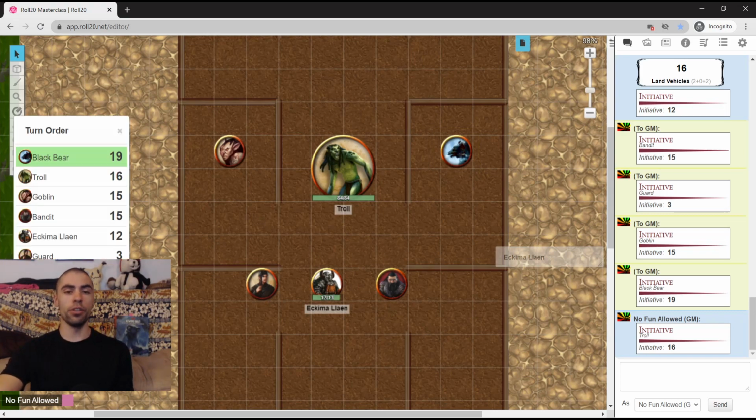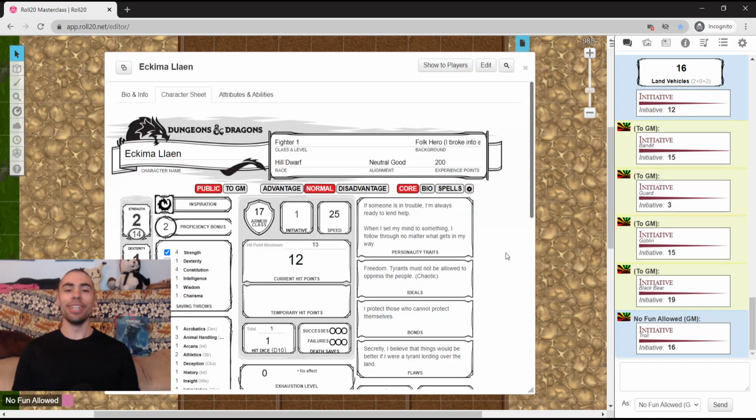To move the turns around, instead of having to once again drag the tokens all willy-nilly, all you need to do is simply click on the next arrow. And we can see here that the troll's next, and we can see here that the goblin's up, etc., etc. That was just a quick look into the character sheet here and how we can customize it